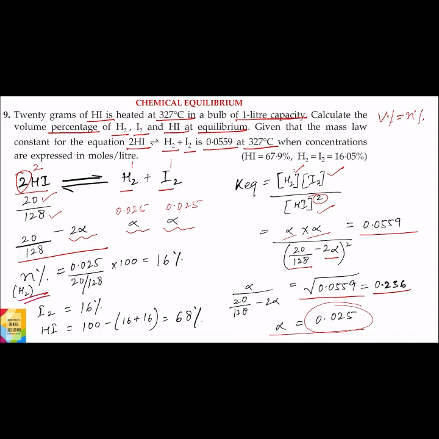Mole percent of H2 will be equal to moles of H2 divided by total number of moles. Total number of moles will be 20 divided by 128 at equilibrium. So how do we find total number of moles? At equilibrium, moles of HI is 20 divided by 128 minus 2